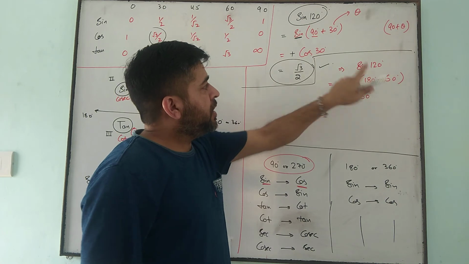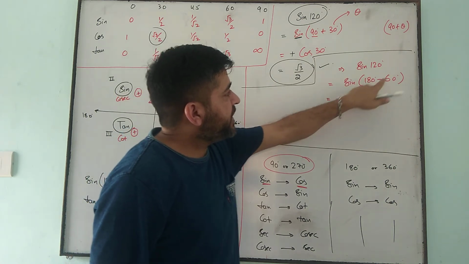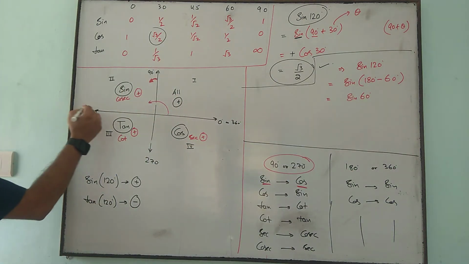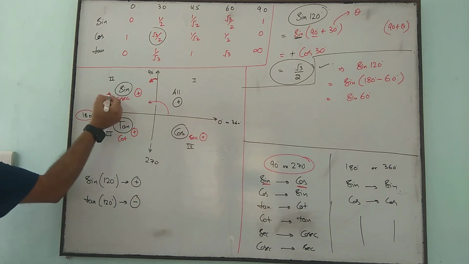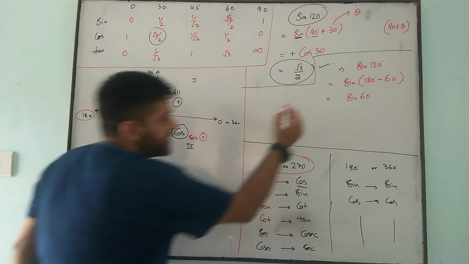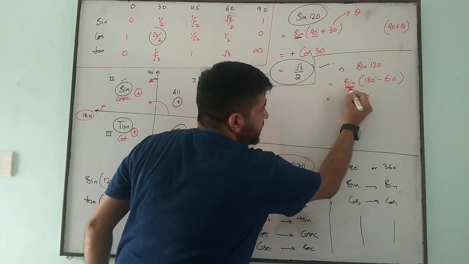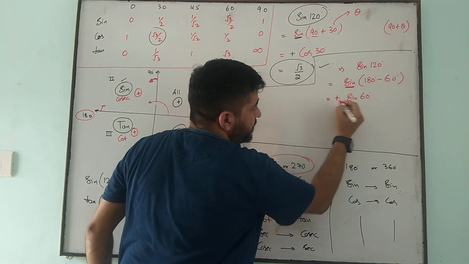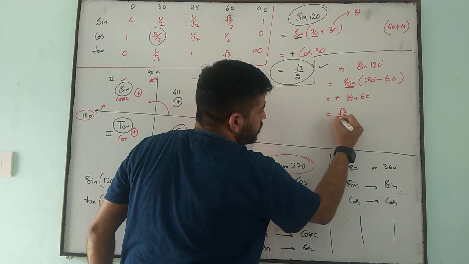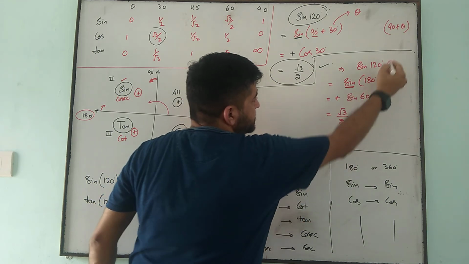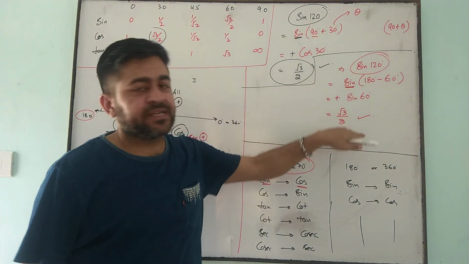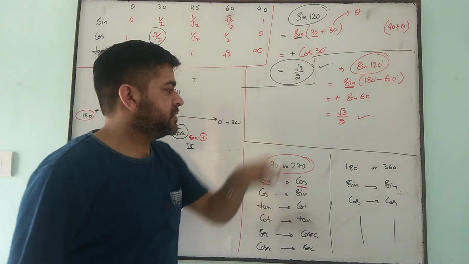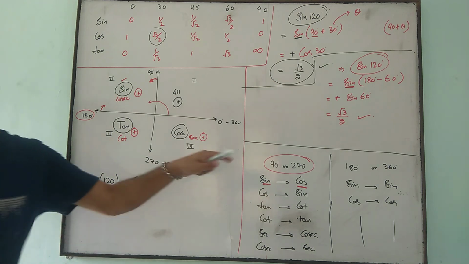Right? Now sine of 180 minus theta. See, 180 minus theta, the direction of angle will be this. So it comes in the second quadrant again, and in the second quadrant sine will be positive. So we get root 3 upon 2, which is the value of sine 60. So sine 120 is root 3 by 2. By both methods we get the same value, obviously. So this is the basic method. Just write it down.